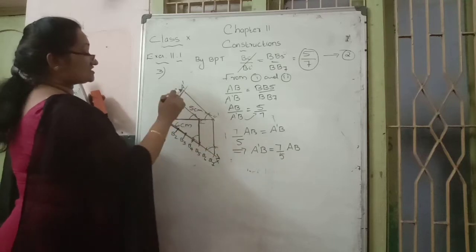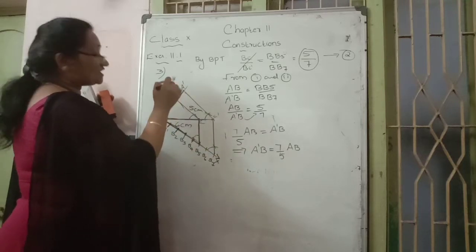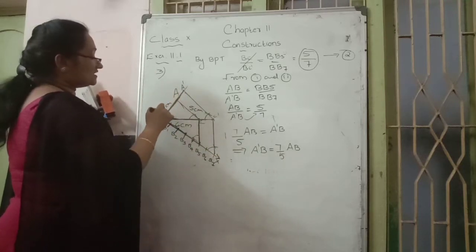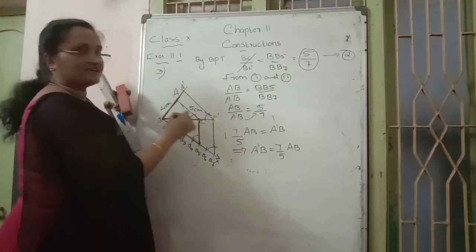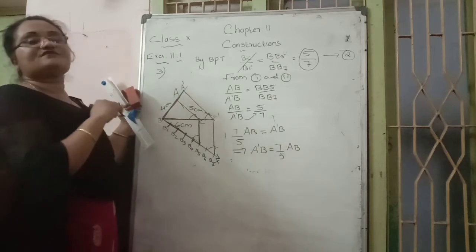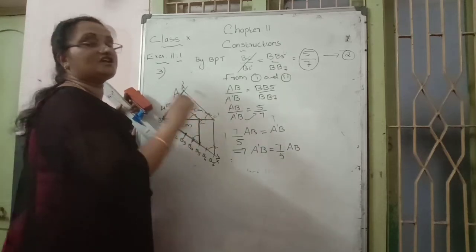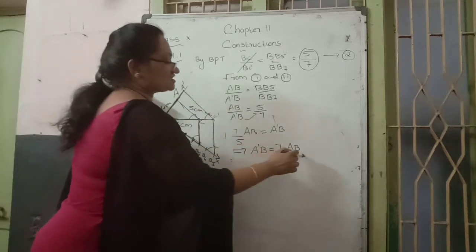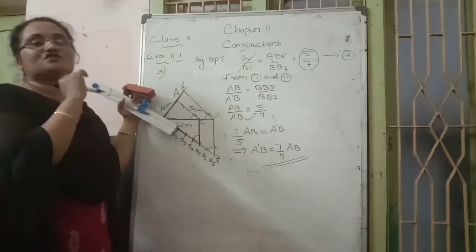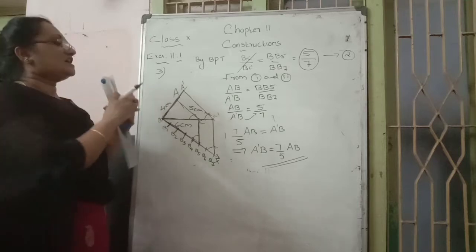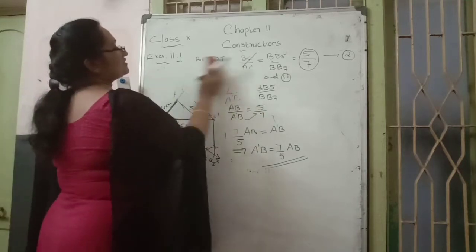We consider which side? A dash B. The corresponding side of the original triangle is which one? AB side, not this side. Corresponding side, that word is very important. The corresponding side of the original triangle. So it is equal to that. These things are given in the question. We proved this one by using justification. I hope you can understand this question.